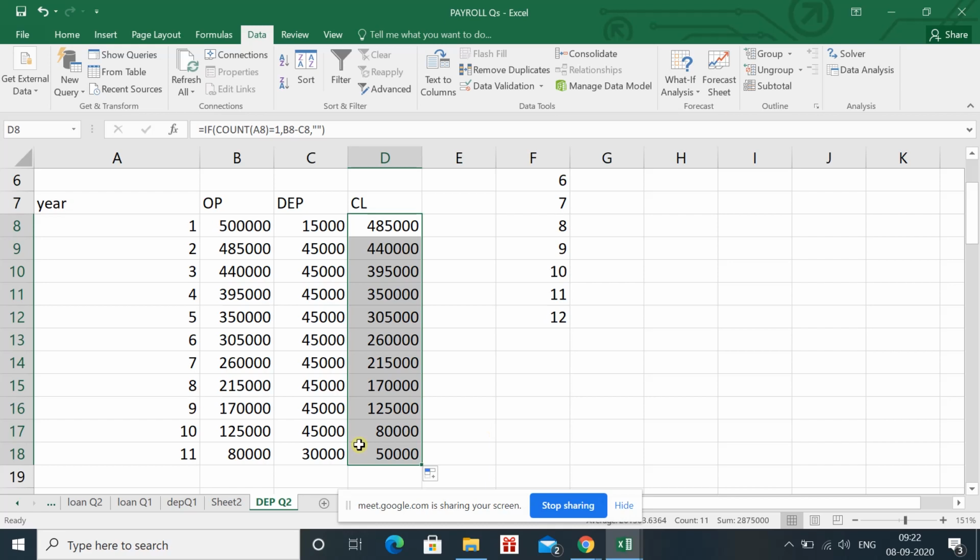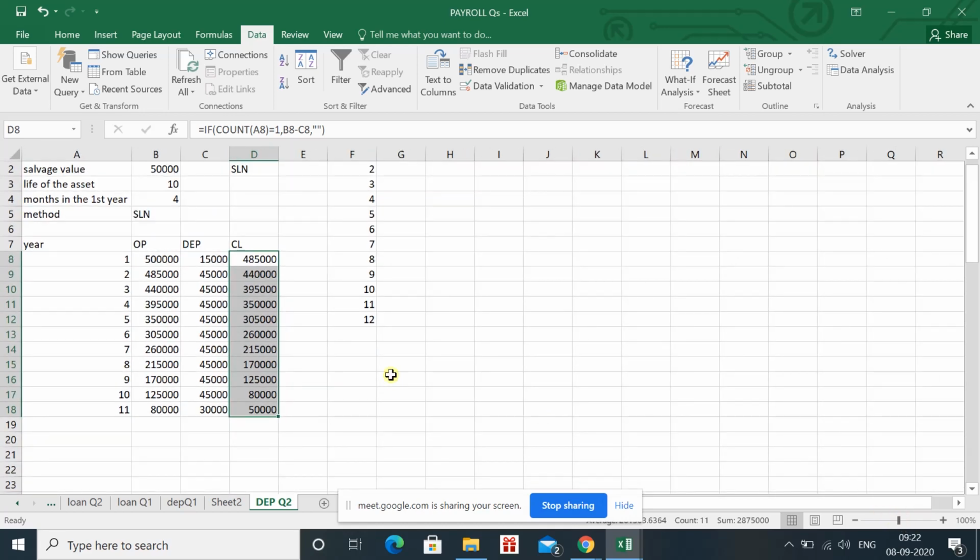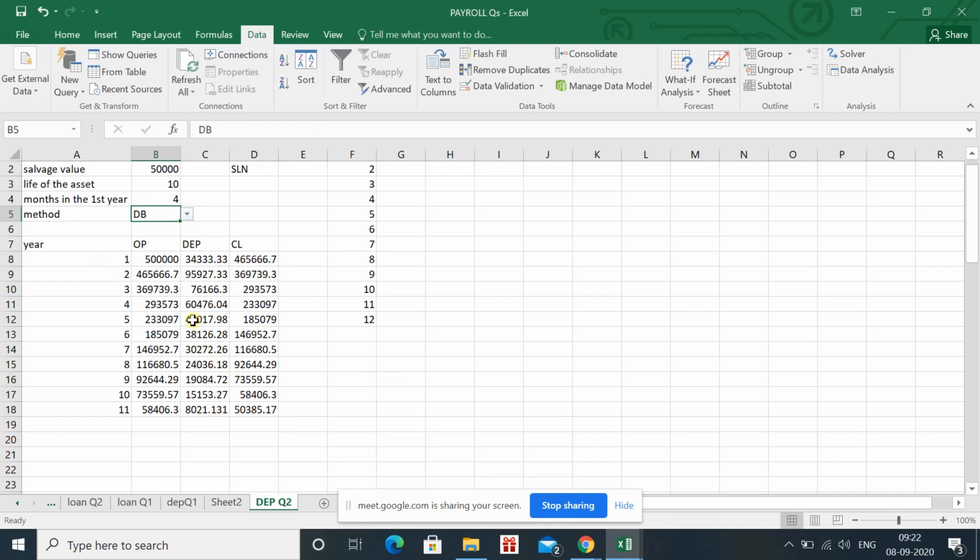So you can see that in the first year the amount of depreciation is different, in the last year the amount of depreciation is different, and in between the amount is 45. Now you see that I will change the method of depreciation. What will happen? I am changing it, this is SLN, now I am changing it to DB, so the values are different.